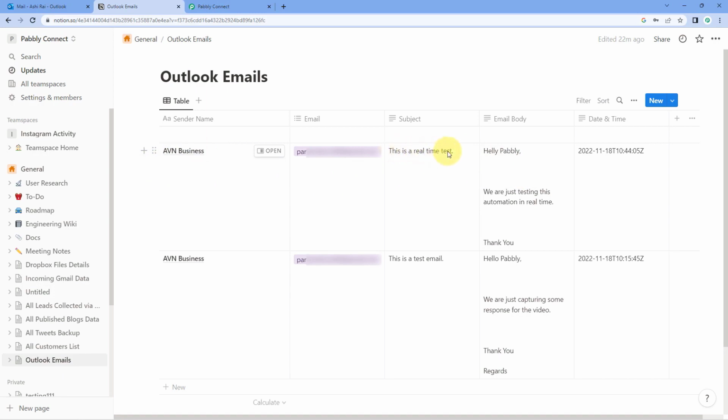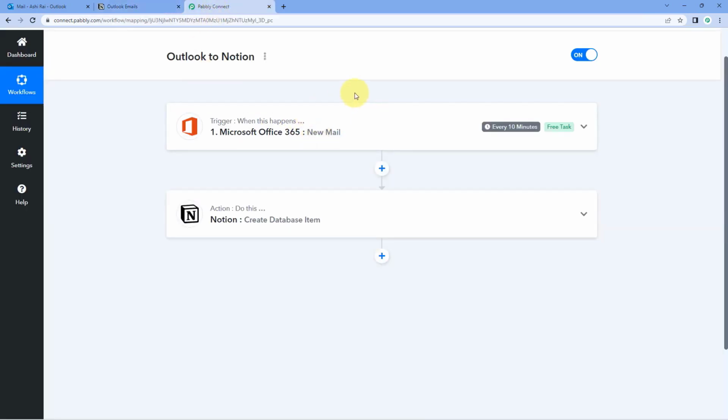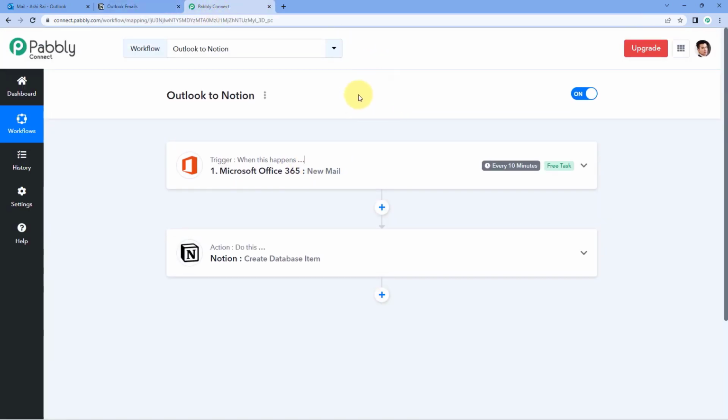This is a real-time test, which we have entered while sending the test email. And then this is the body. Hello, Pabbly, we are just testing this automation in real time. Thank you. And the date and time, that at what date and time we have received this email. So in this way, guys, you can see that we have successfully created this automation and tested this automation in